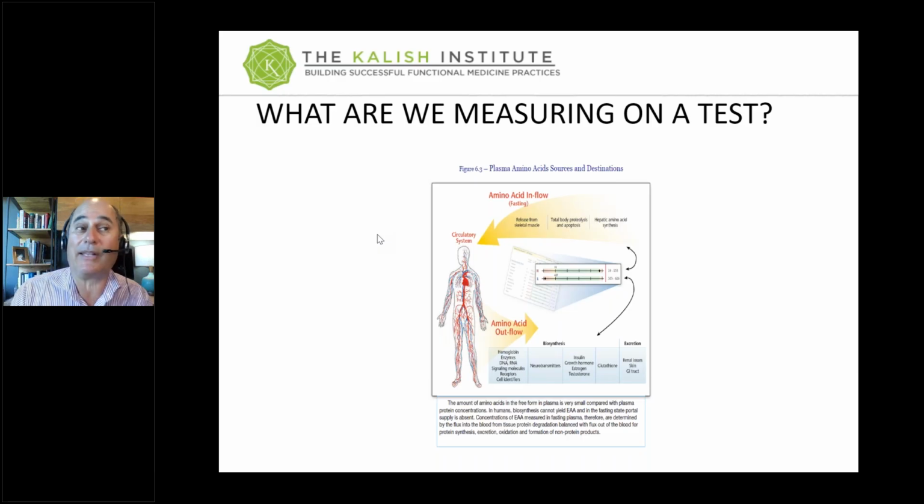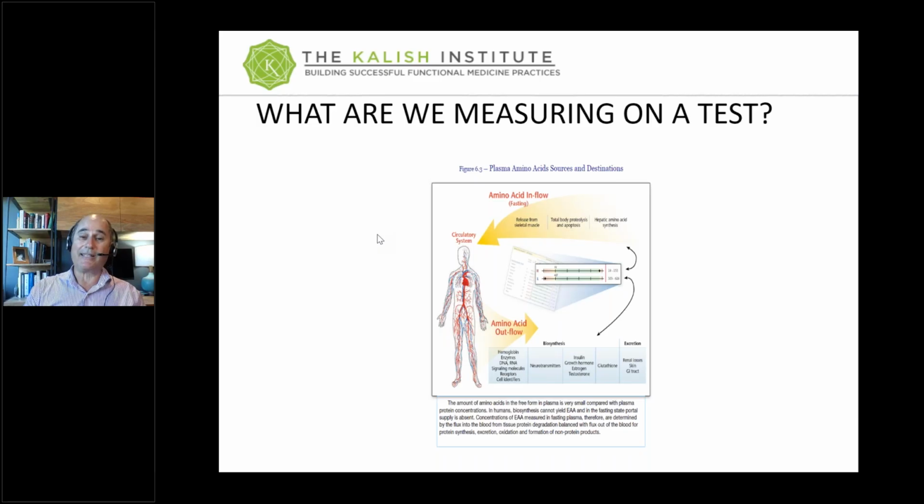I mean, in fact, I didn't really ever think about this until, again, I was in practice for over 20 years. And one of the first things that Dr. Lord did when he was training me was show me how to interpret these amino acid tests and explain to me why they are so important. It never even occurred to me that there was anything except the non-protein roles of amino acids. So in clinical nutrition, the way that amino acids are taught is tryptophan's for serotonin, glutamine's for your gut. Nobody's standing up and saying, wait a minute, the main role, the main purpose of these amino acids is protein synthesis. Which proteins? All proteins in the human body except for collagen require the 20 amino acids.